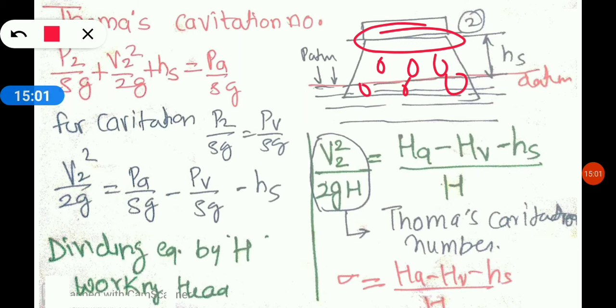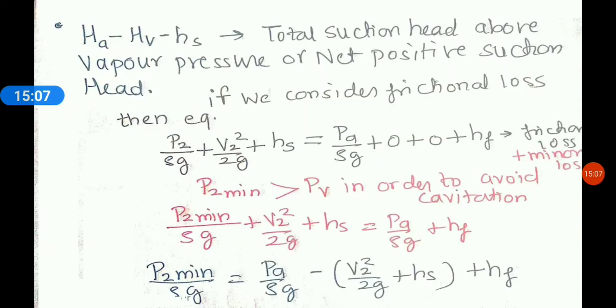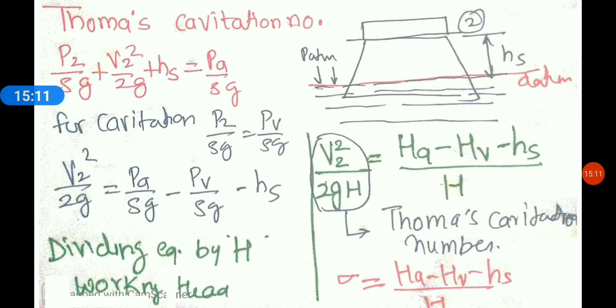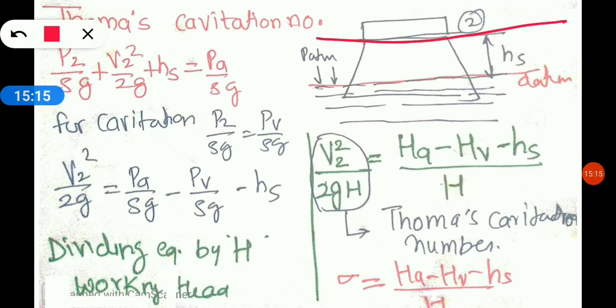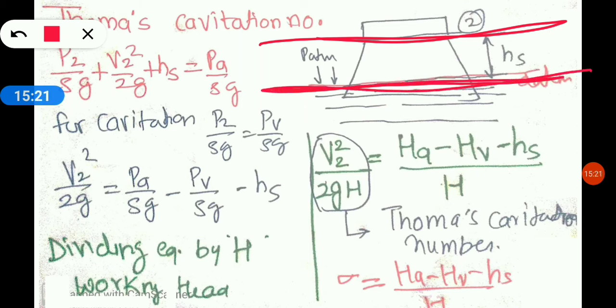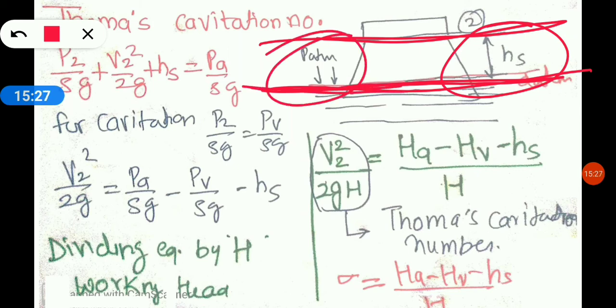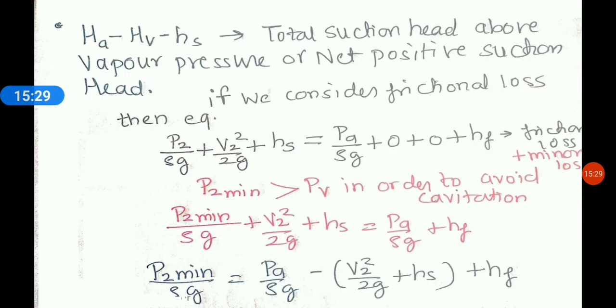So some mathematics is there. Let us understand the mathematics behind it. What we are doing is applying Bernoulli's equation at section 2 here and at atmospheric level, meaning at the free surface of the tail race level. Fine, the difference between their heights is hs, that you should keep in mind, and here the pressure is atmospheric. At the tail race the pressure is atmospheric. Fine, so we'll go on to the next slide.